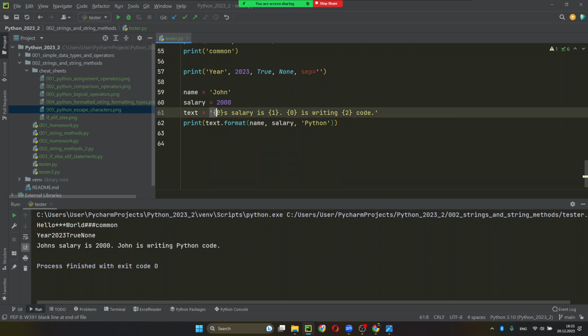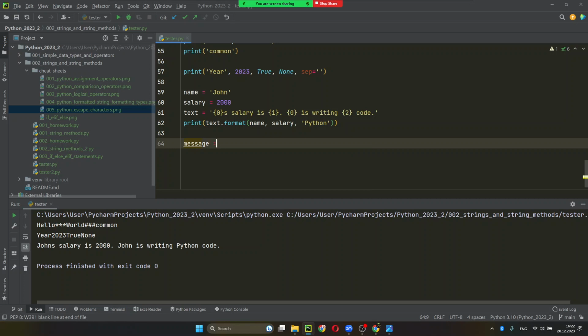What do you think? Is writing numbers inside curly braces better than just writing empty curly braces? Is it easier? But if we have a large text, let's say a work agreement, where you have 20 different variables, you have to remember which number is which variable all the time. So you need to remember where you put what. It's not the best way to do it for large texts. Maybe you have 100 different variables or something like that. So what you can do,